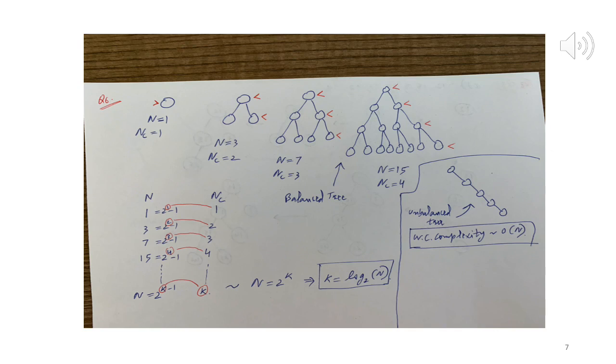Which means that if we have, let's say, 15 nodes, generalizing to 16, we'll have 4 comparisons. If we have 1024 nodes, well, we'll have 1023, which is 2 raised to 10 minus 1. Then for those 1024, we have 10 comparisons. So you can see this is very similar to binary search. At any given point, you can eliminate half of the tree.